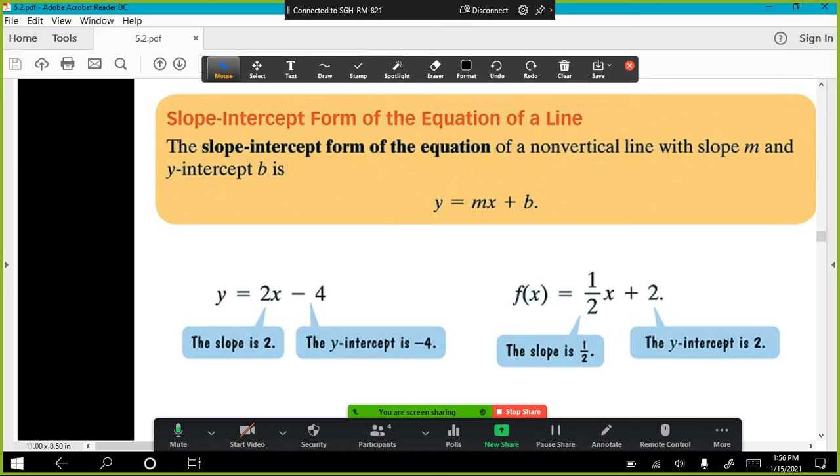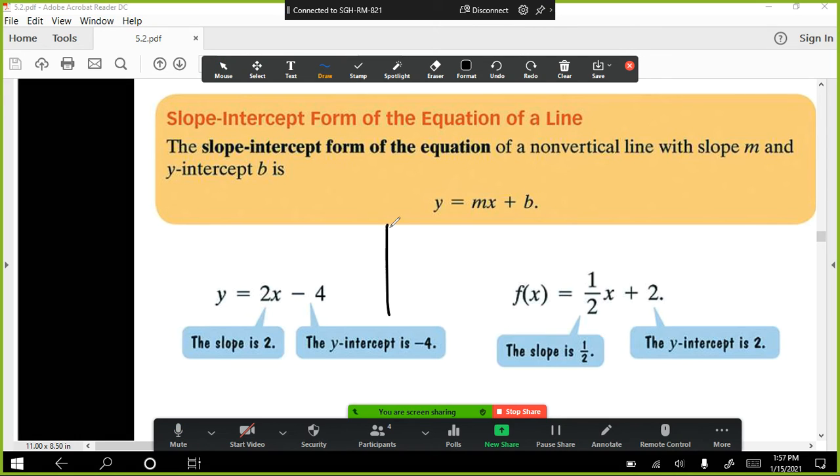All right, so there are two equations in slope-intercept form. y equals 2x minus 4. So what I know about that line is it crosses the y-axis at -4, and the slope is 2. Now, if I wanted to graph that line real quick,